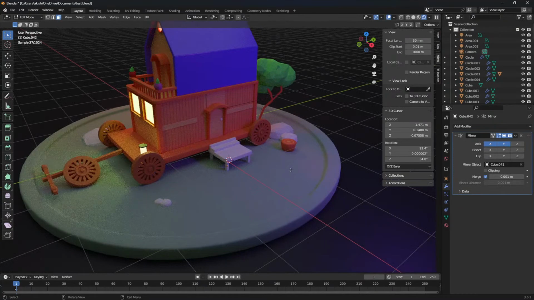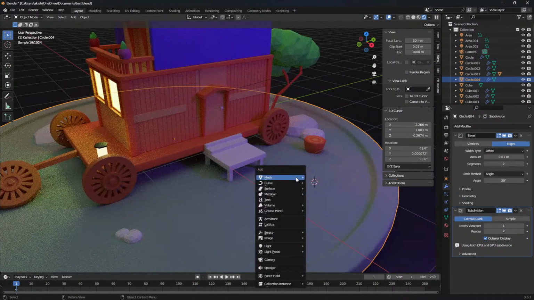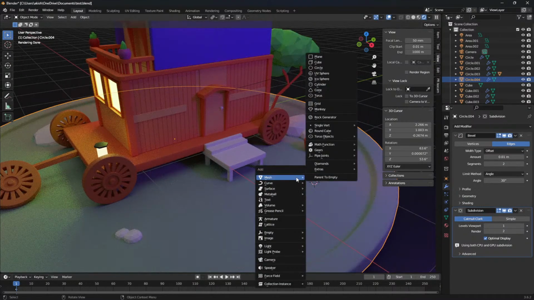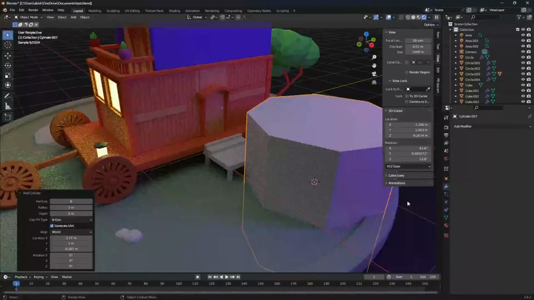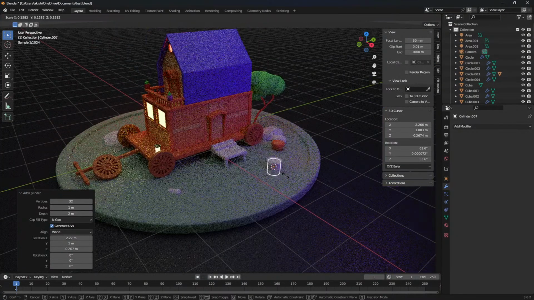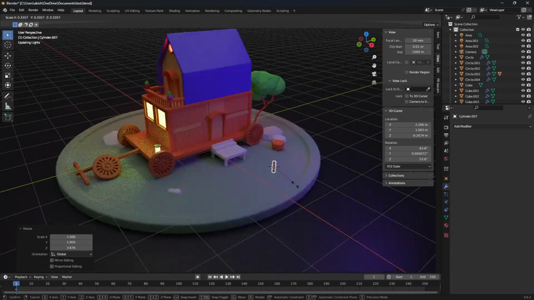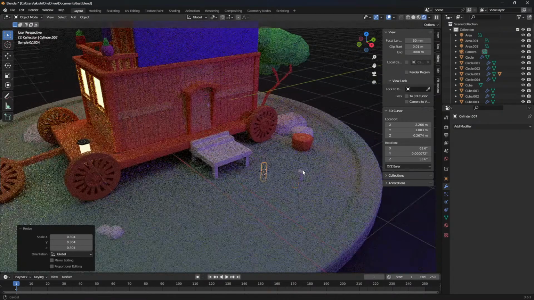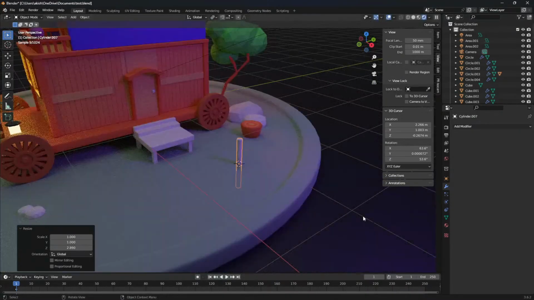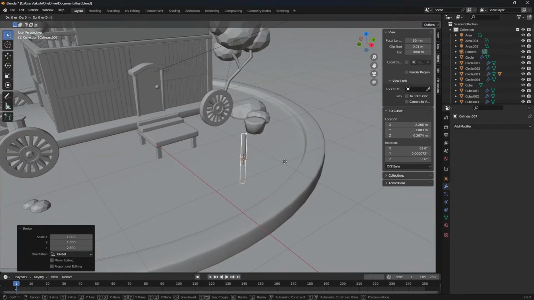So let's select this and shift right click, Shift A, and just add another cylinder, give it a subdivision of 32, scale, scale on the z-axis, scale again, now scale on the z-axis, come to this, grab and G,